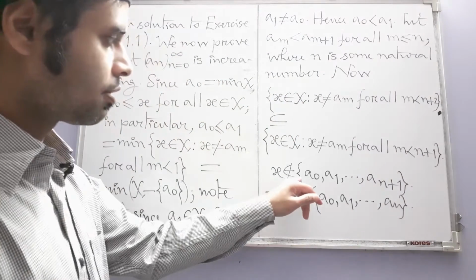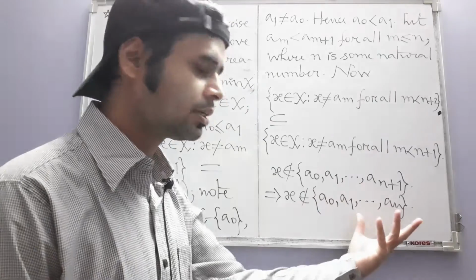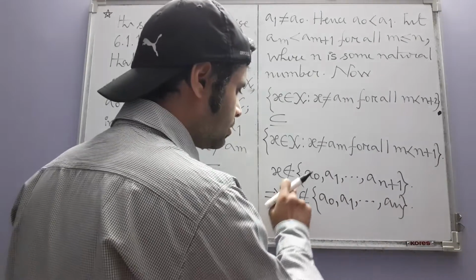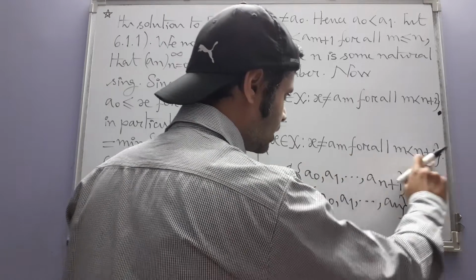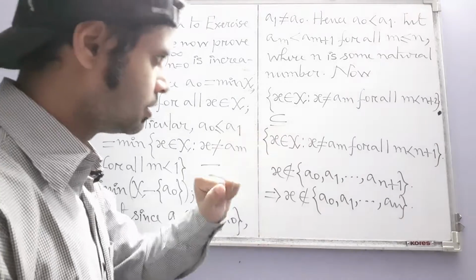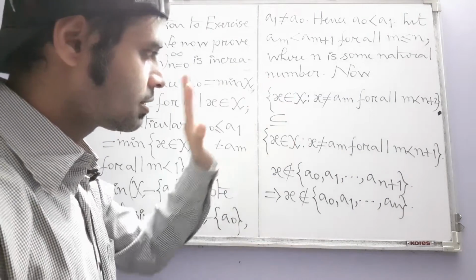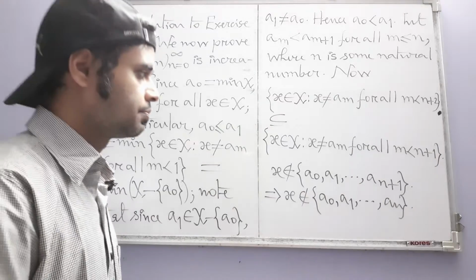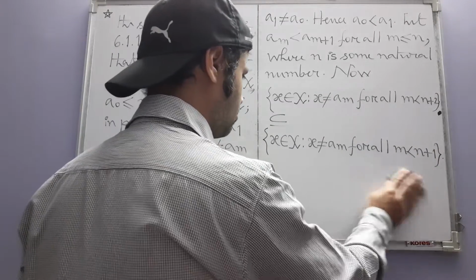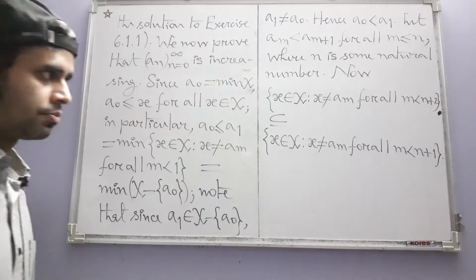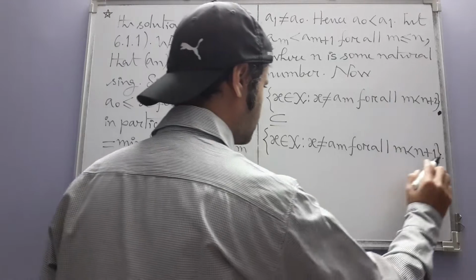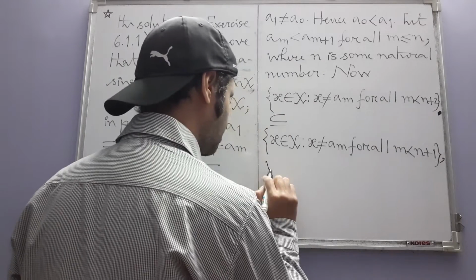Naturally, if x is not in the larger set, it will automatically not be in the smaller subset also. But then that is precisely the condition that we have for the second set. So x must belong to this. So this set is in fact a subset of this. Hence, or we can continue this, which implies